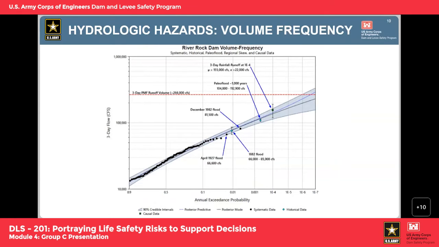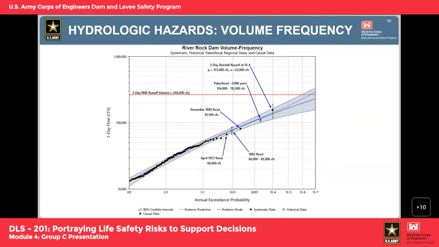All right, so for the inflow frequency, as part of the inflow volume frequency analysis, the critical inflow duration for River Rock Dam was determined by evaluating the 1927, 1982, 2011, 2013, and 2015 floods. Critical durations for the representative events range from 2 to 3.5 days, with a final duration of 3 days being selected. The inflow volume frequency curve was developed using 95 years of systematic data from 1923 to